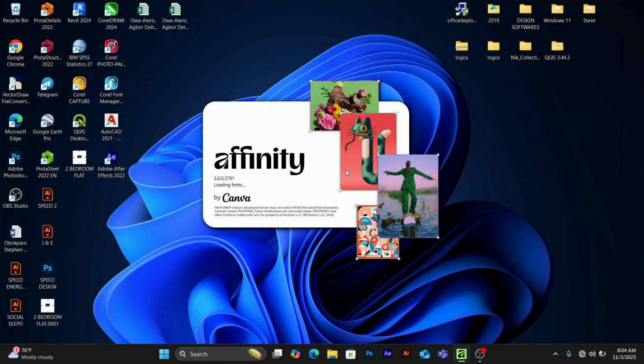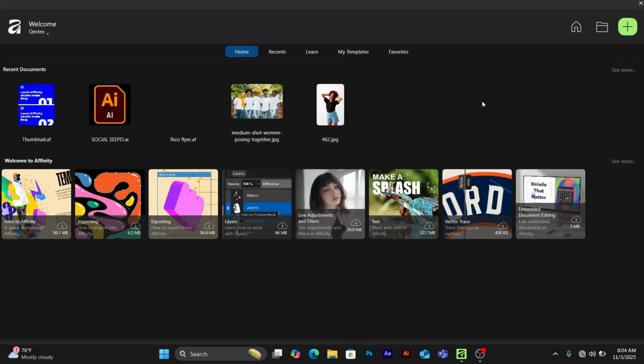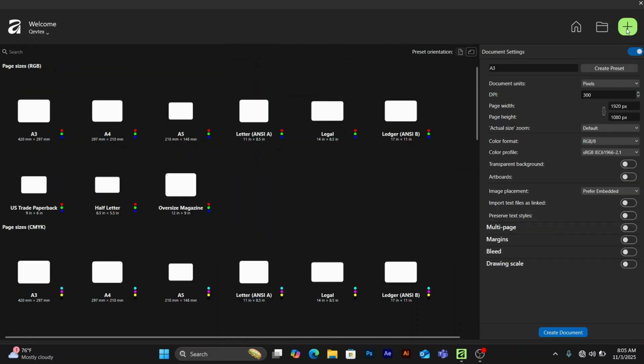So in the last video, I talked about how you can create a new document and set up a design file, a canvas file for your design. So in this video, I'm going to walk you through how you can set up a layout using grid system in Affinity Designer Studio. So first, we just go to create new, then used